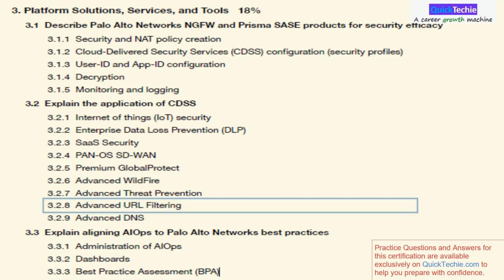3.2.8. Advanced URL Filtering. Unlike traditional URL filtering that works on categories, advanced URL filtering uses real-time page analysis and machine learning to detect malicious content on even legitimate sites. Example: a phishing site that is newly created but looks like a bank login page is blocked instantly before category